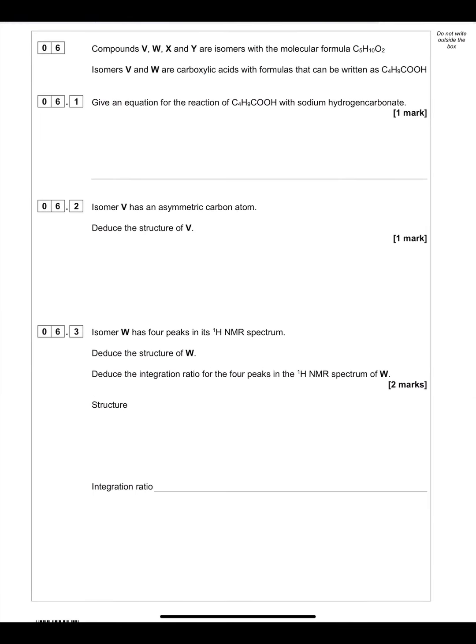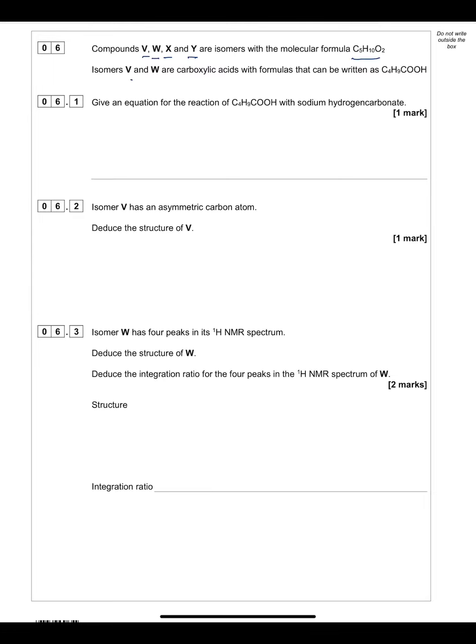Let's answer a past paper question from AQA A Level Chemistry. This is a paper 2 question, and this is an organic chemistry question. They ask you about different isomers, all with the same molecular formula, and they give you some information about their analytical data and ask you to deduce the structure of each isomer. So there are four compounds, V, W, X, and Y. They are all isomers with the same molecular formula,